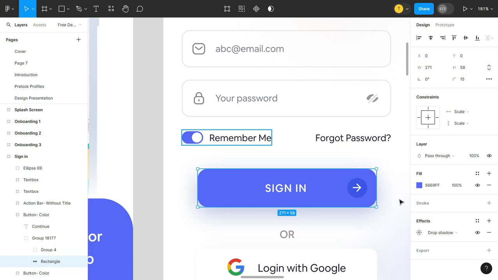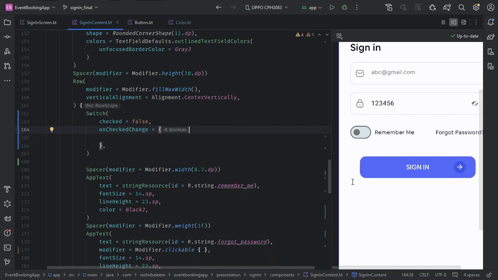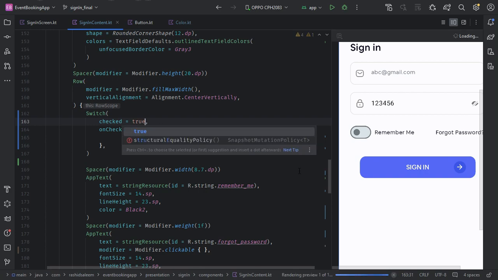And this circle should be white and the background should be blue. So let's change it to true and update the circle of this